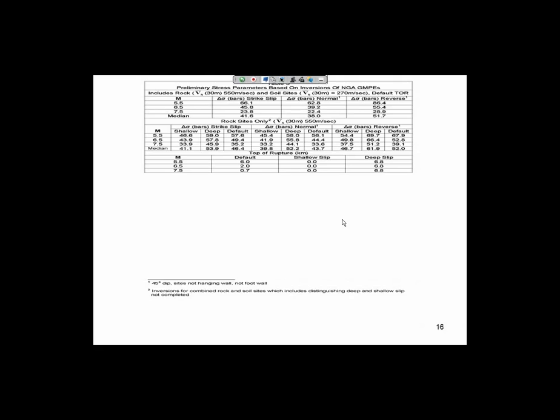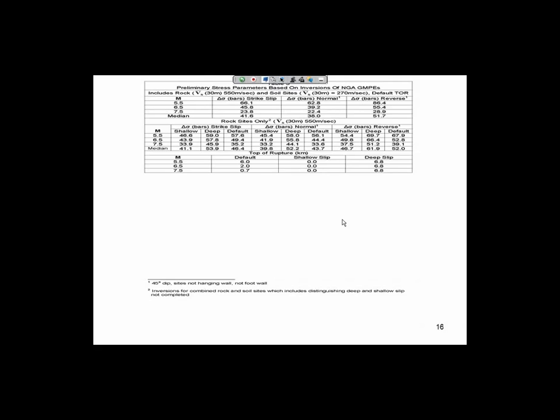The next middle section looks at top of rupture, and we have 3 tops of rupture. Our default top of rupture we use in the inversion for magnitude 5.5 is 6 kilometers, and for magnitude 6.5 is 2 kilometers, and for 7.5 is 0.7. We came up with those numbers by looking through the NGA database, and where we had rupture models, which is mainly the 6.5s and 7.5s, we averaged the top of rupture to come up with those numbers. For the 5.5, we looked at the average hypocentral depth for the earthquakes, mainly in California, to come up with a depth of 6 kilometers.